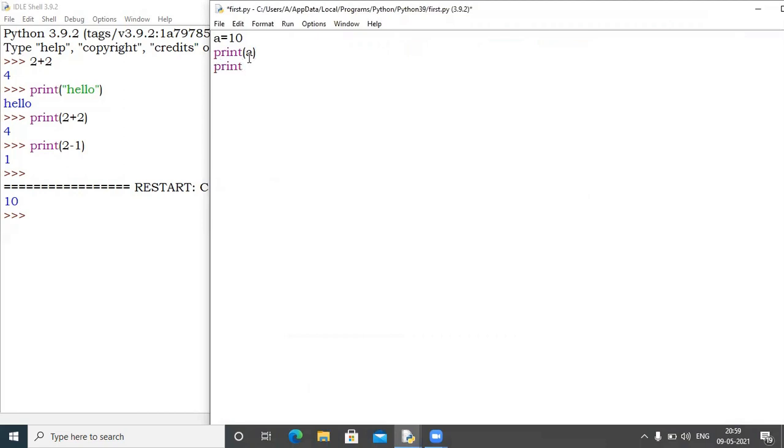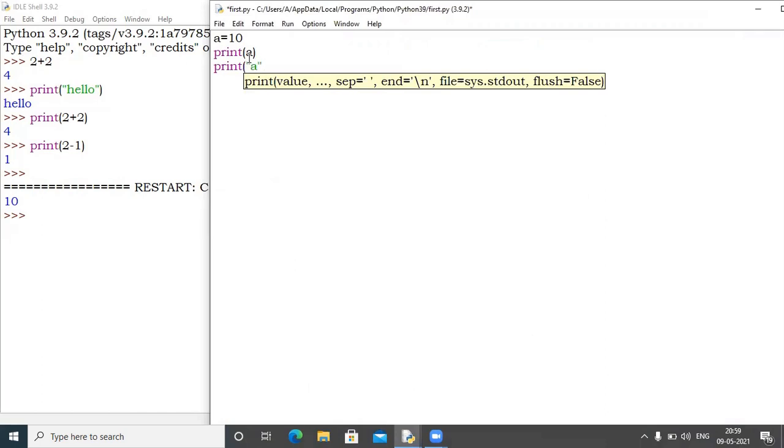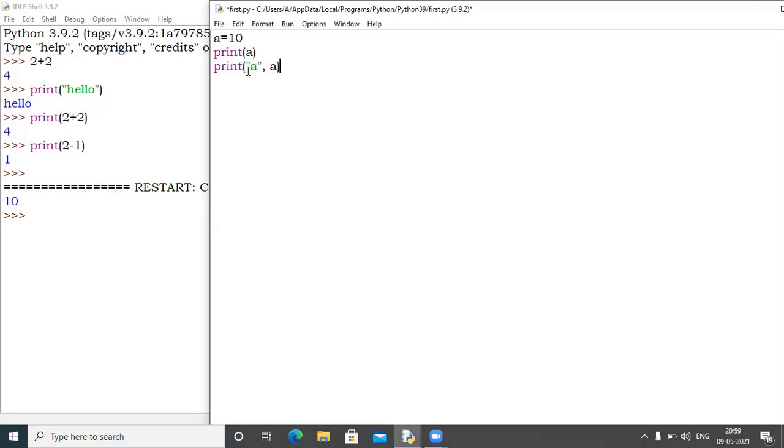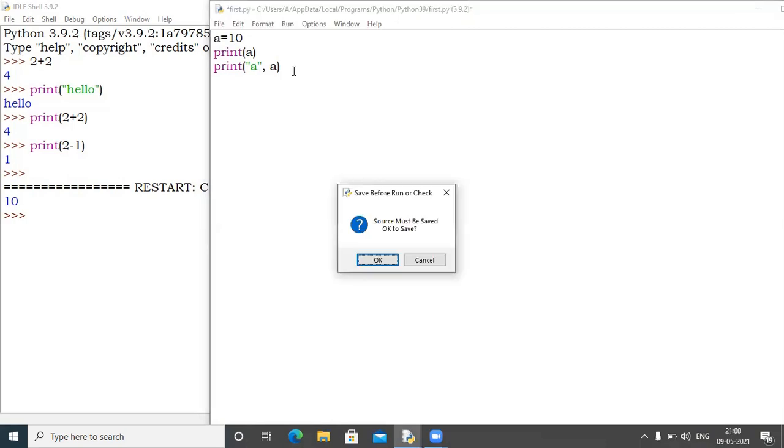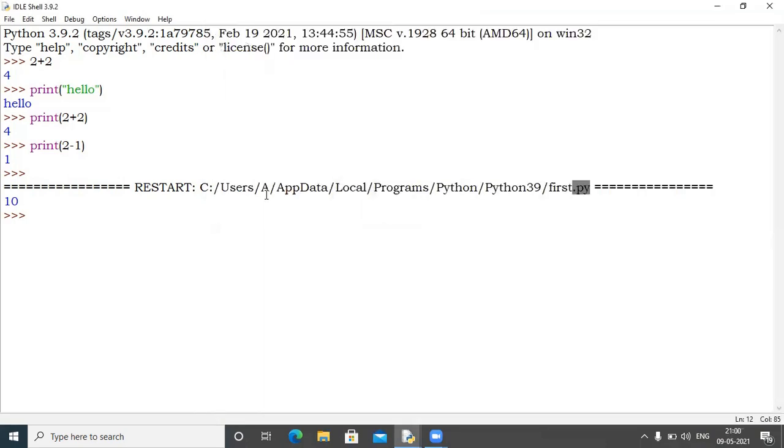So for that, I will write A in double inverted comma, because I want to display A as it is along with the value of A. So I will write like this. In this part, this A will display as it is because it is in double inverted comma. But if you want to display the value of A, then you will write A without any inverted comma. Let me execute this code and you will get the answer here.